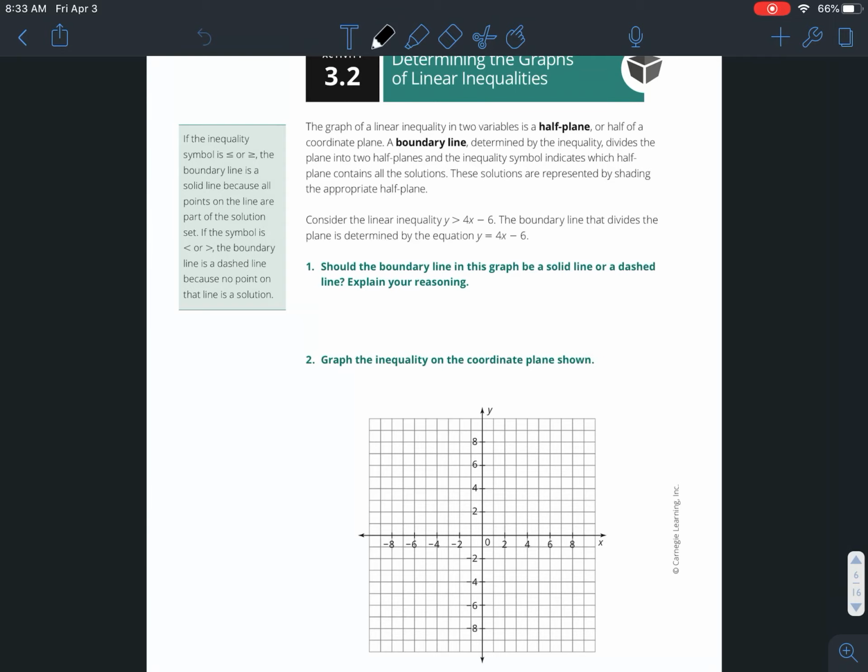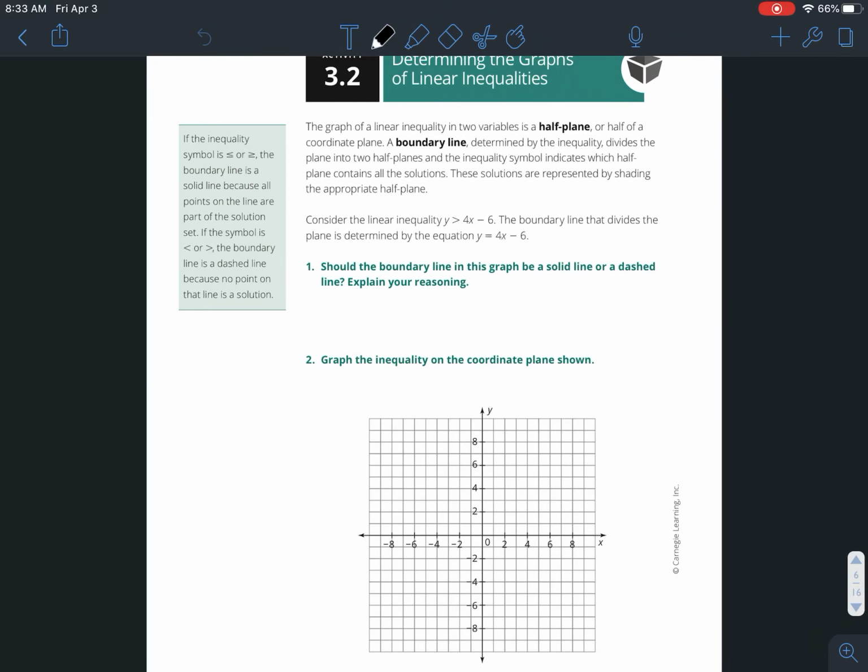Consider the linear inequality y is greater than 4x minus 6. The boundary line that divides the plane is determined by the equation y equals 4x minus 6. Should the boundary line in this graph be a solid line or a dashed line? We have not talked a whole lot about this, but if you look at the left-hand side, it says if the inequality symbol is greater than or equal to or less than or equal to, the boundary line is a solid line because all points in the line are part of the solution. If the symbol is greater than or less than, the boundary line is dashed because no point on the line is a solution. So for this boundary that we're talking about here,